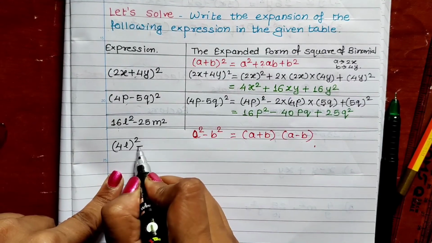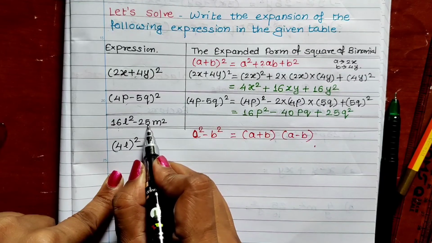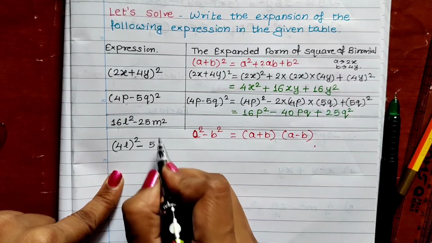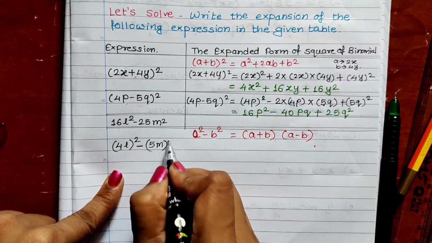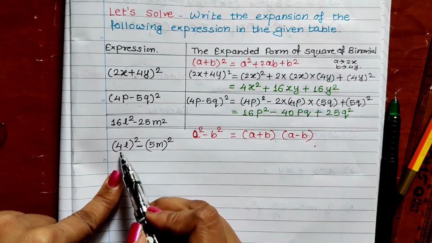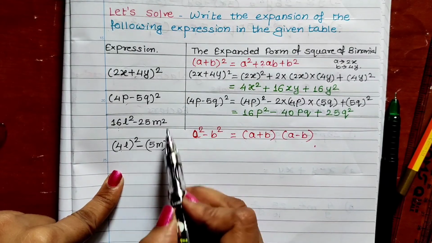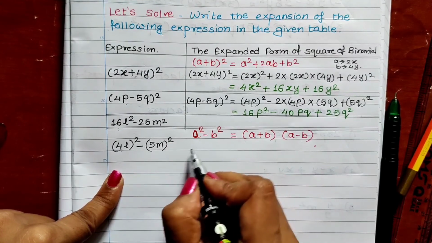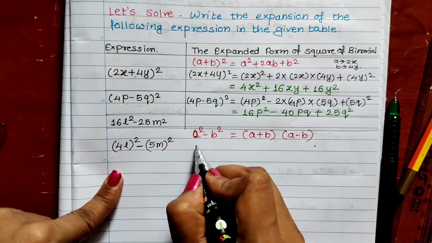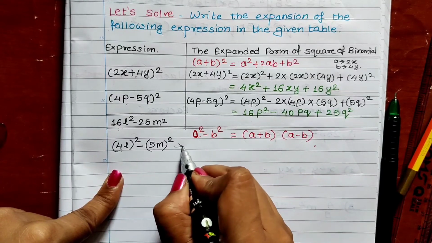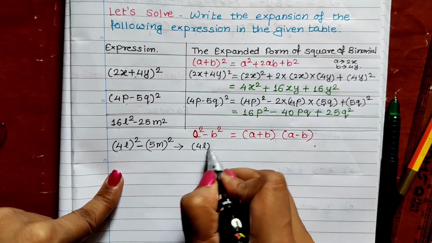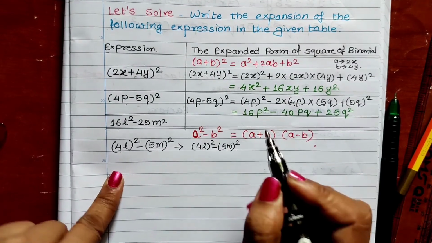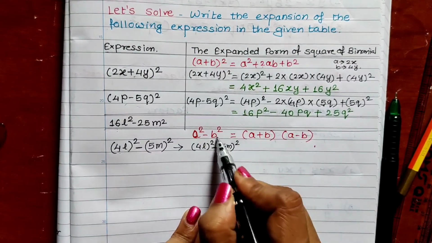Similarly, minus sign is there, put the minus sign. We have to convert this 25m square into a perfect square. So 25 is square of 5, m square is square of m. So (5m) square. So 16l square means (4l) whole square minus 25m square is (5m) whole square. So now we will be applying the formula. Okay, so once again, I will be writing this sum. (4l) square minus (5m) square. So a is 4l and b is 5m.